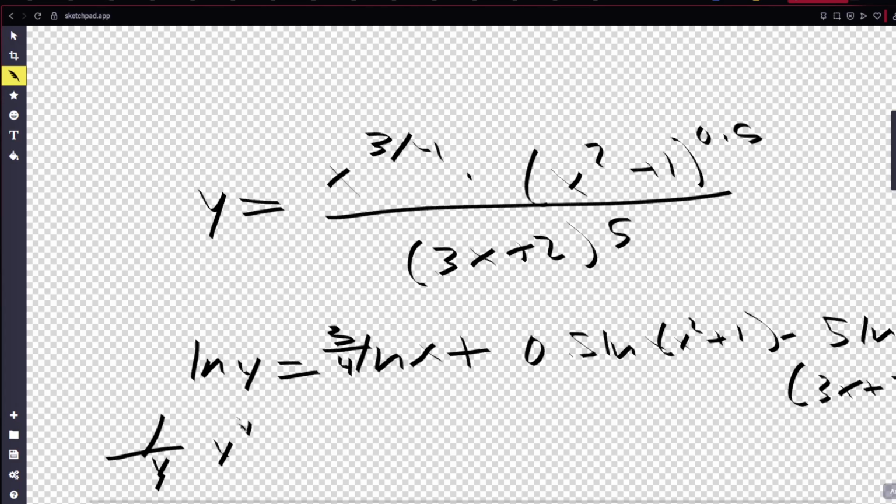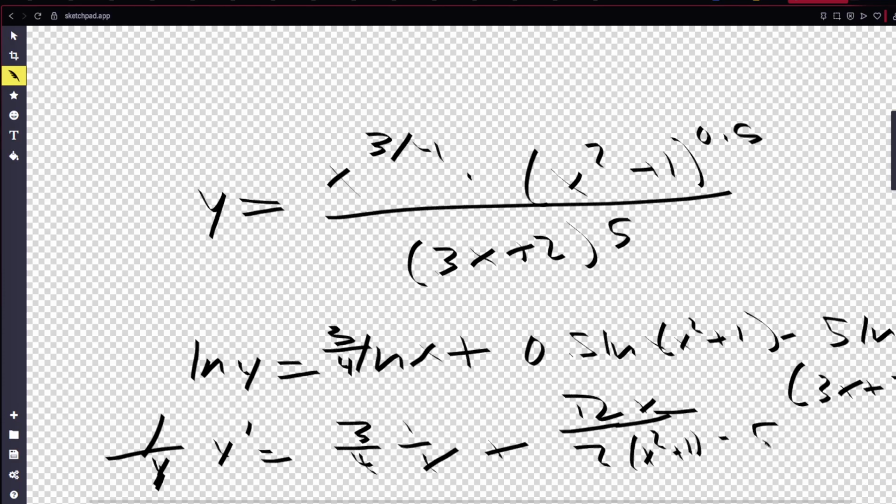It's this right here. So I can differentiate this, but this is what we're trying to find. So just implicitly differentiate. We know what y is. It's just this entire function. And you just differentiate this side, which just becomes 3 over 4, 1 over x plus 1 over 2, 1 over 2 x squared plus 1, and then 2x right here, simply because you differentiate the inside and chain rule it,